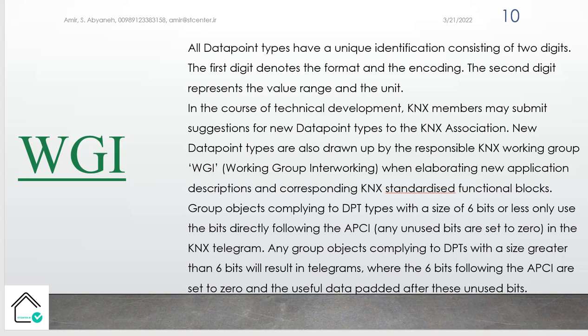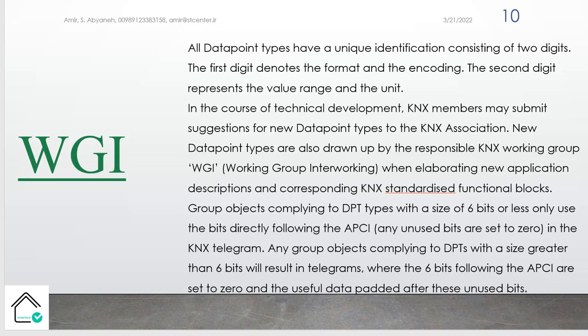In the course of technical development, KNX members may submit suggestions for a new data point type to the KNX Association. New data point types are also drawn up by the responsible KNX working group, the WG Interworking, when elaborating new application data point descriptions and corresponding KNX standardized functional blocks.